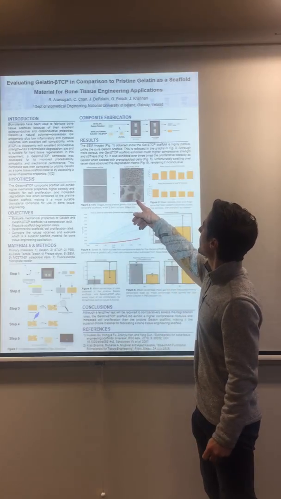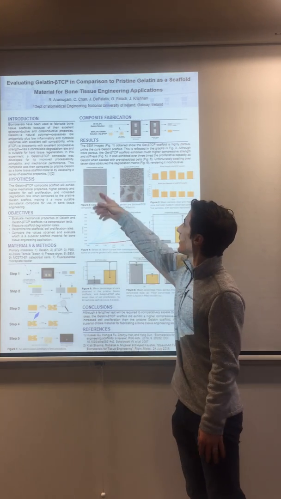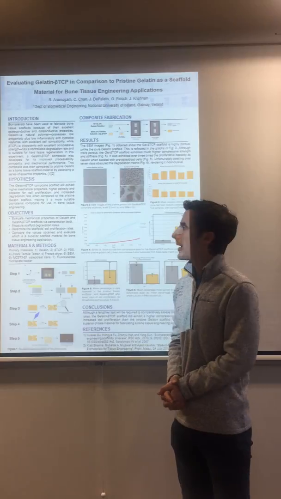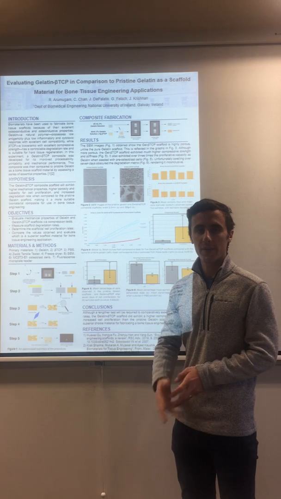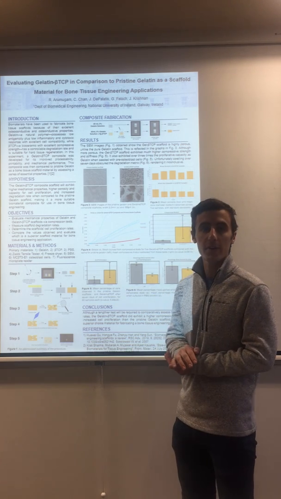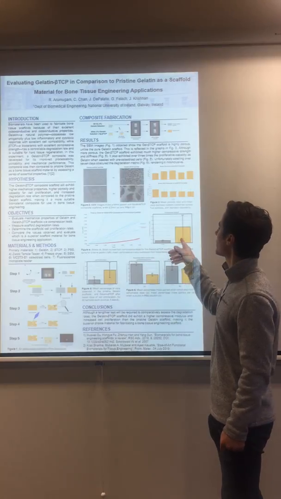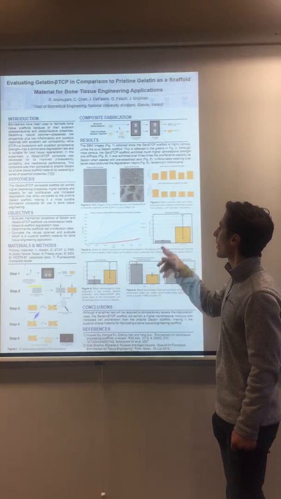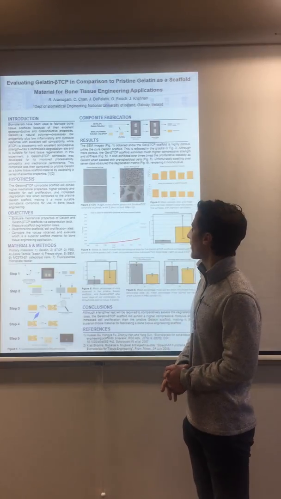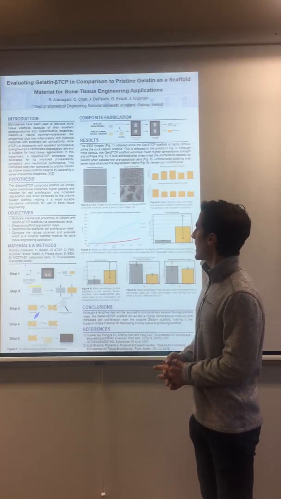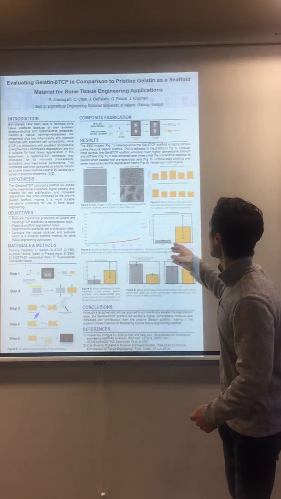You can see here the composite scaffold has large pores, large enough for cells to infiltrate, whereas the gelatin scaffold has no pores. The scaffolds were then measured, the cross-sectional area was taken, and they were tested compressively to obtain these stress-strain relationships and mean compressive moduli of the materials. The blue is the composite stress-strain relationship, and the red is the pristine gelatin. And you can see that the compressive modulus and compressive strength of the composite material is far greater than